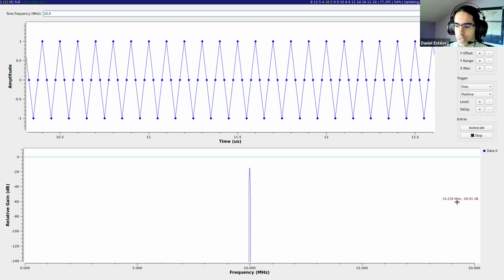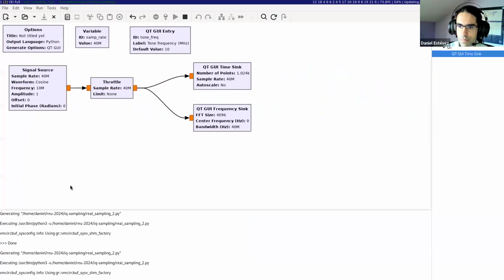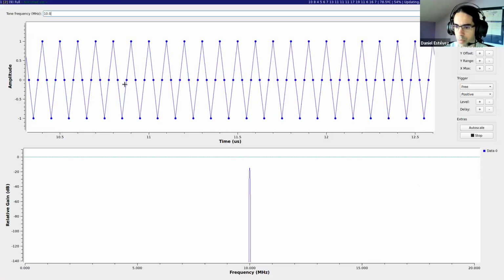If I wanted to simulate a frequency higher than 20 megahertz, for example, the other day we were receiving FM stations around 100 megahertz, I would need to increase the sample rate of my simulation to at least twice that frequency, so at least 200 mega samples per second, or deal with this aliasing and know exactly what is happening. But for the sake of this example, we will keep using frequencies between 0 and 20